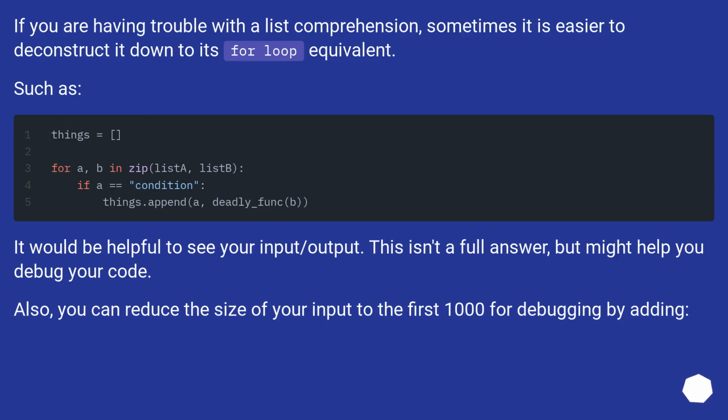If you are having trouble with the list comprehension, sometimes it is easier to deconstruct it down to its for loop equivalent. Such as, it would be helpful to see your input/output. This isn't a full answer, but might help you debug your code. Also, you can reduce the size of your input to the first 1000 for debugging by adding